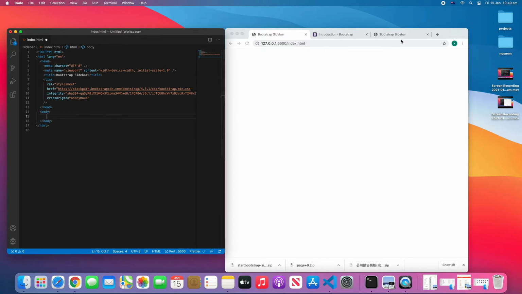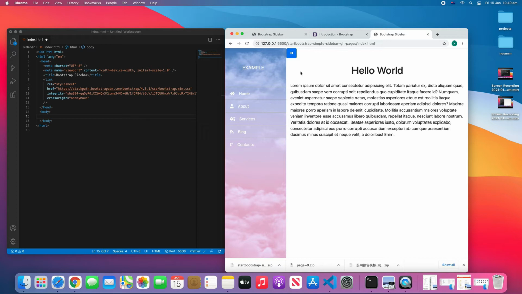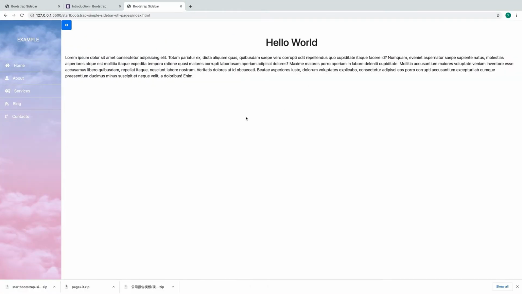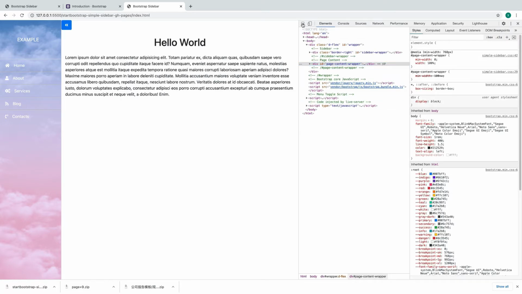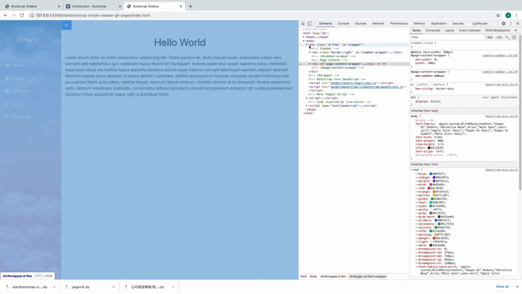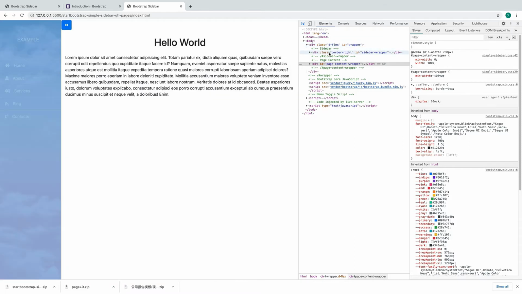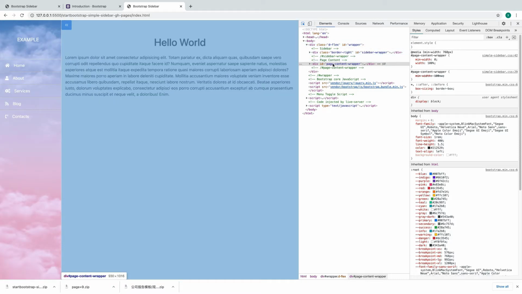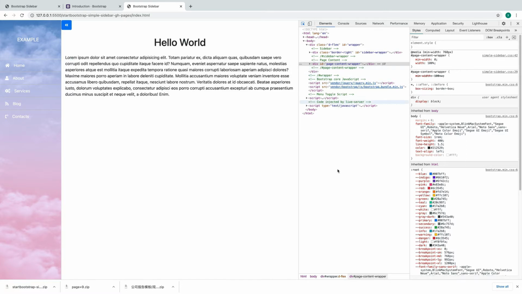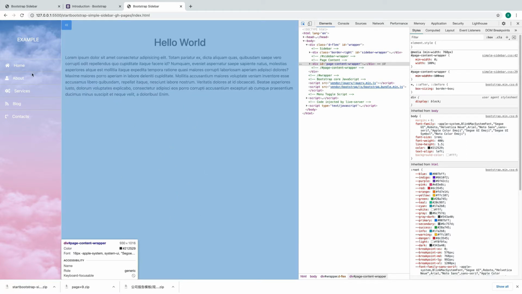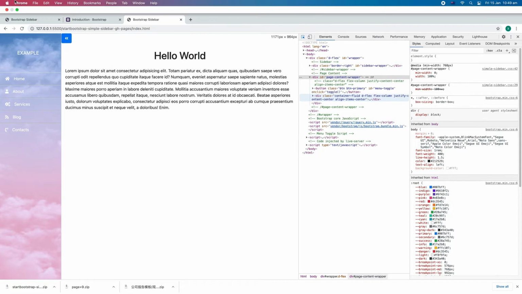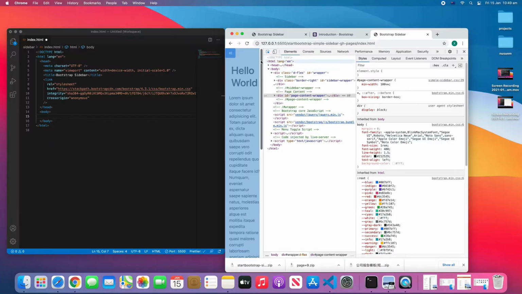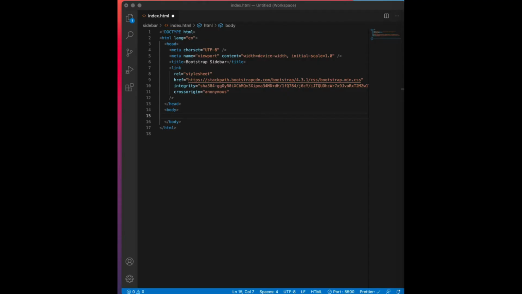But before we start, it's better to examine the page first to have an idea of the structure. So you can see that the top is a div, and there are two divs at the left and the right side. So there are two parts. And with that in mind,